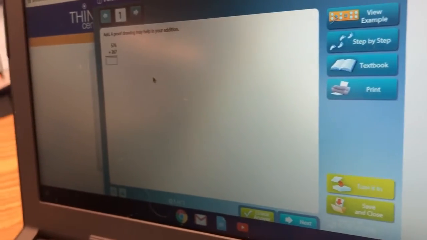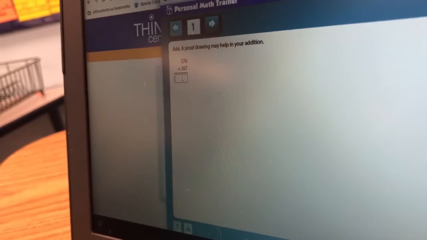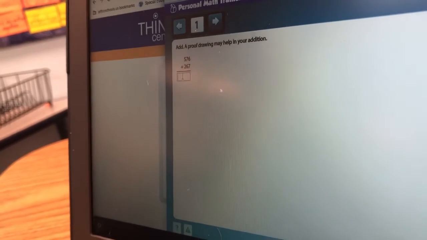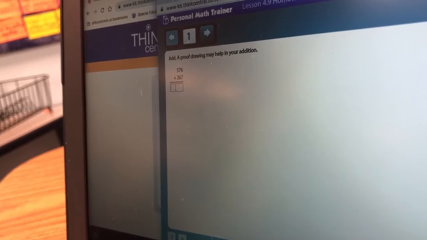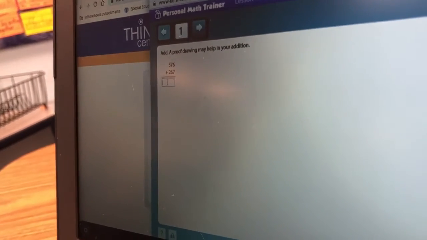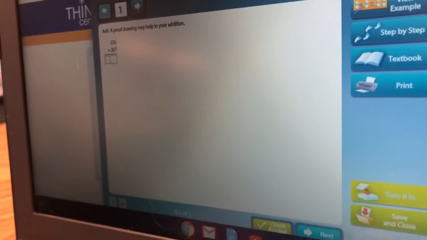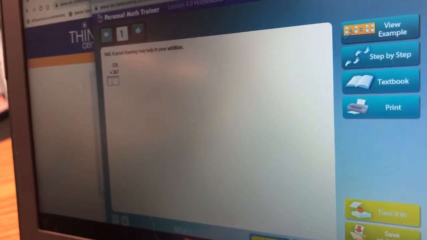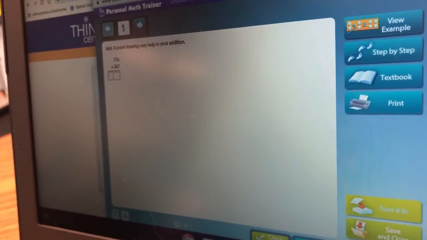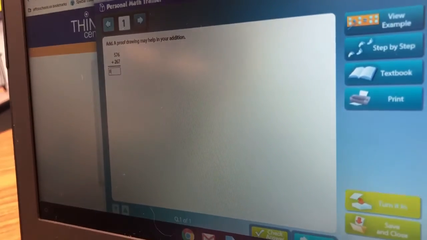So as you read the problem, you'll see that you have a place for your answer. You will click on the box to enter your answer. Now, you'll need scratch paper as you're doing this, or your math workbook or something to write in. And once you have your answer, you can type it in. So if I were to say